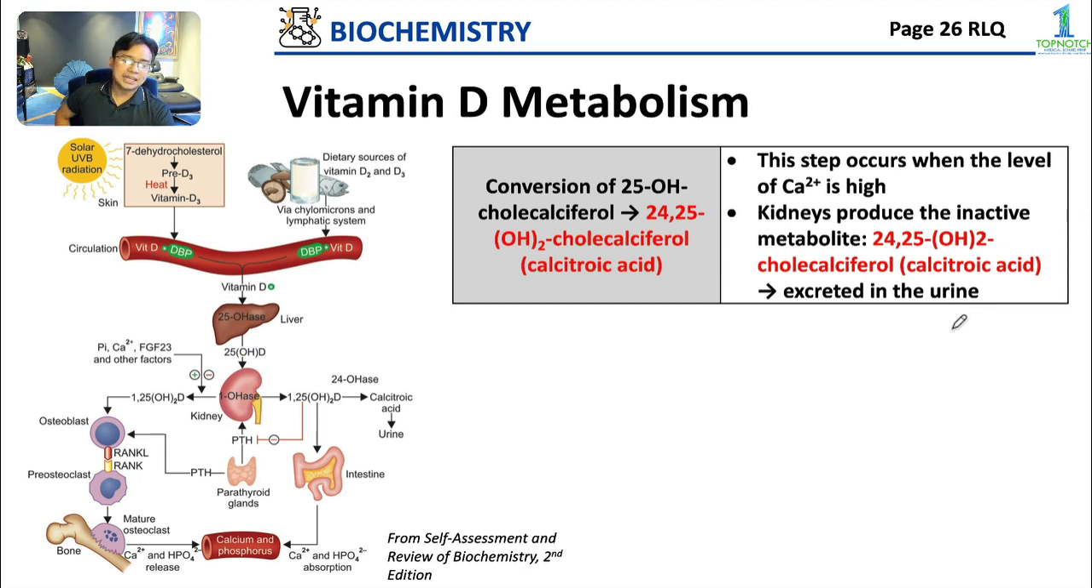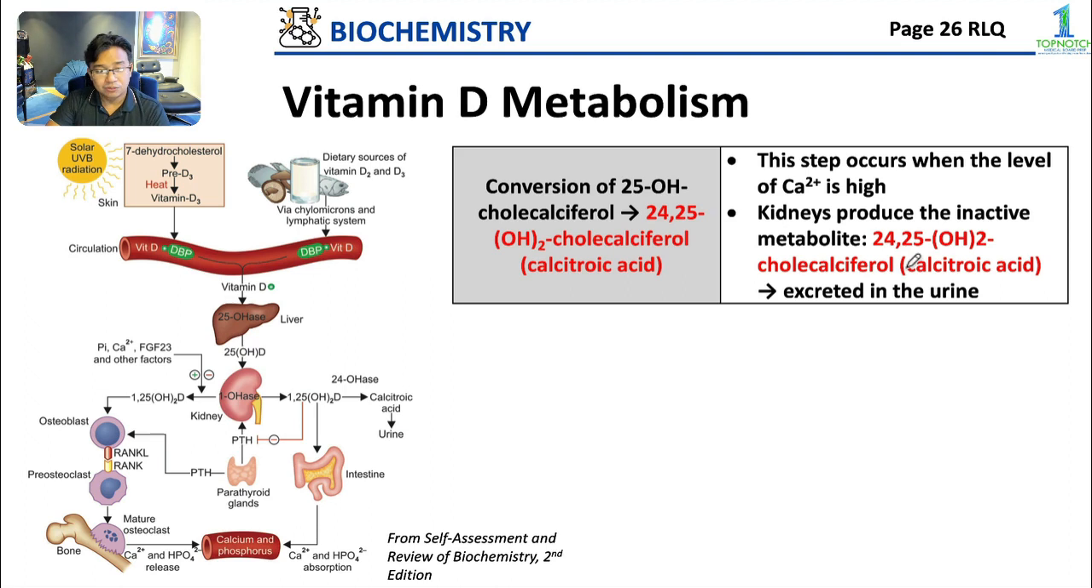Now, in the case of high levels of calcium in the blood, your 25-hydroxycholecalciferol can become 24,25-cholecalciferol, also known as your calcitroic acid. And kidneys produce this inactive metabolite, calcitroic acid, para sila ay ma-excrete in the urine in the process. It only occurs in high levels of calcium in the blood para hindi magkaroon ng excess na vitamin D na